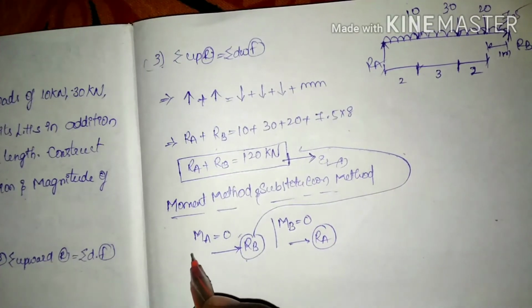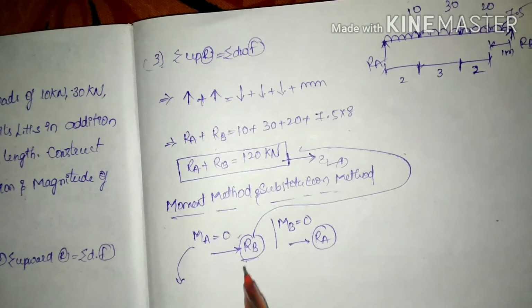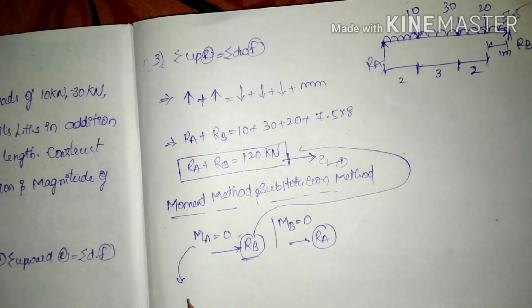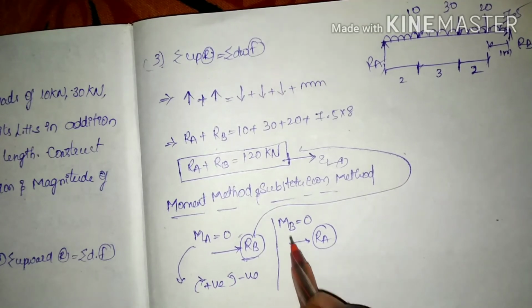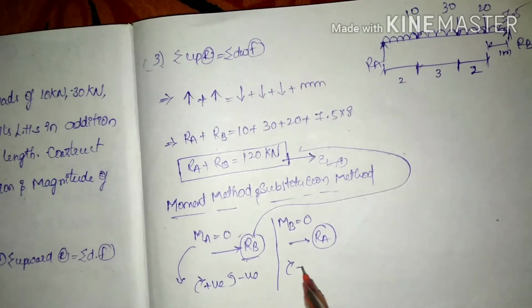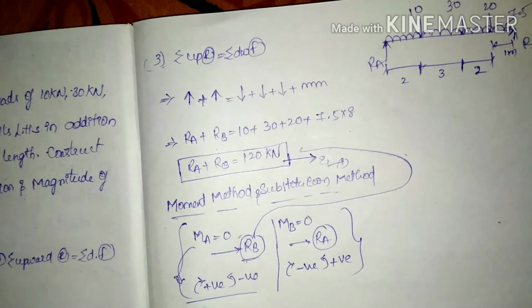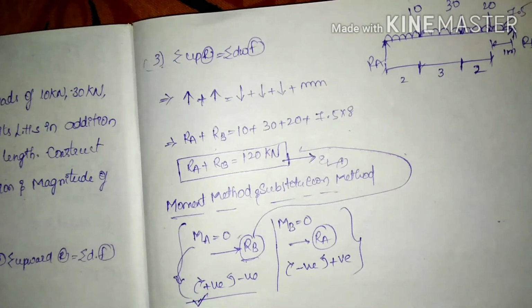Here let us take the moments about A equal to 0, then I am going to find the value of RB, then substitute that value in this. If I take the moments about A, I have the sign convention that clockwise is positive, anti-clockwise is negative. If I take the moments about B equal to 0, then we have the sign convention that clockwise is negative, anti-clockwise as positive. For moments about A equal to 0, I am going to have the sign convention of clockwise positive and anti-clockwise negative.